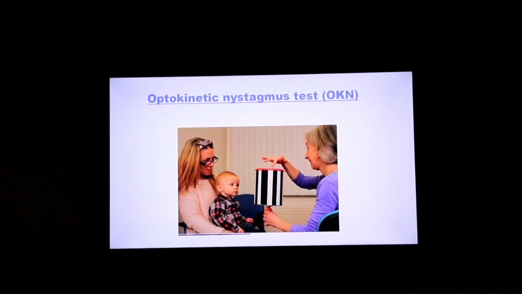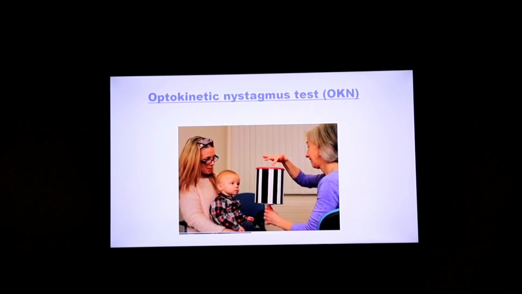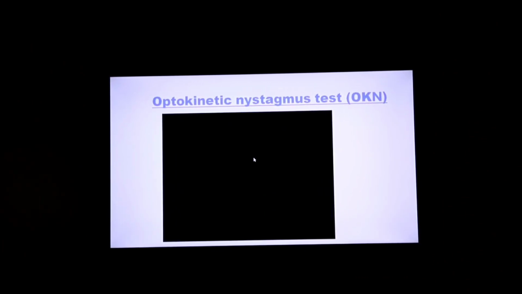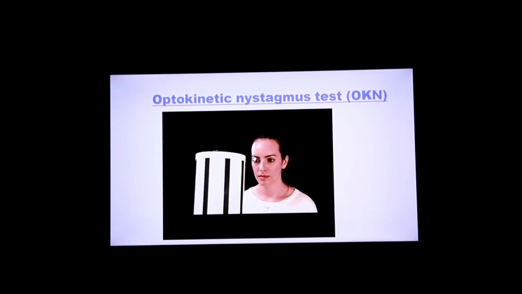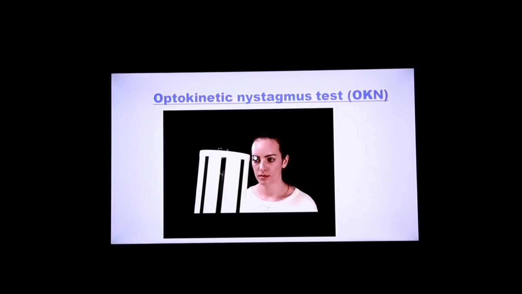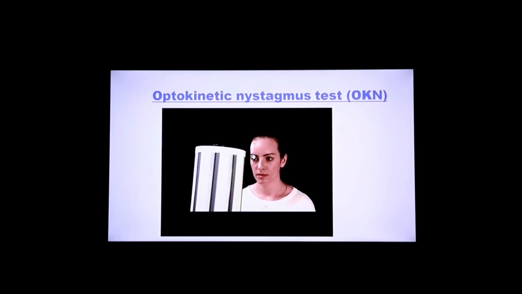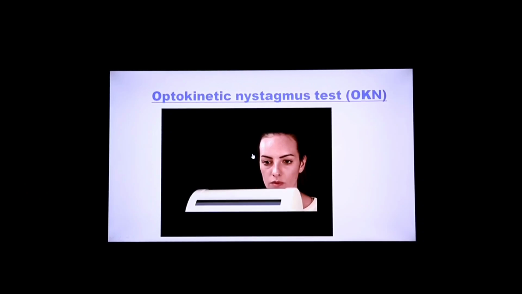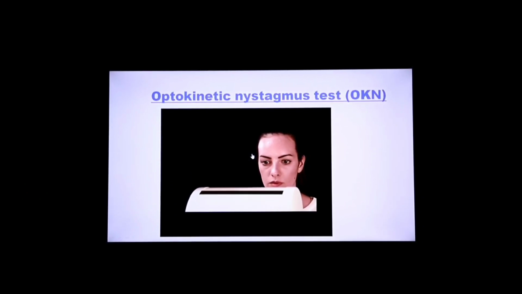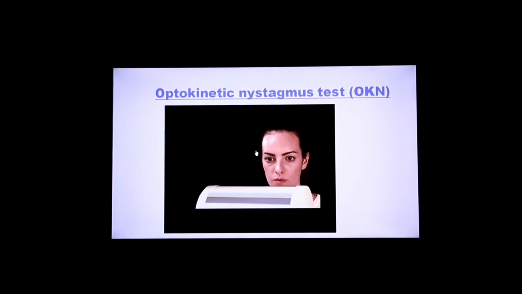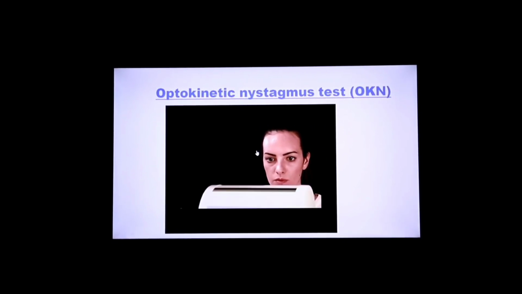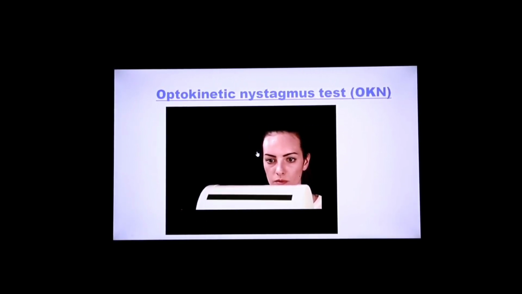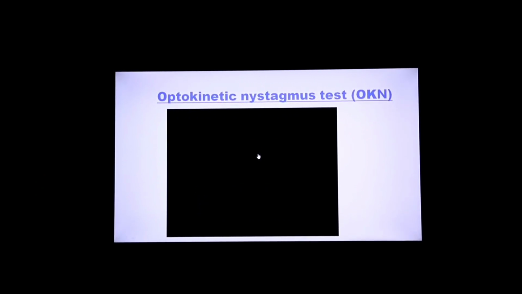Next, the optokinetic nystagmus test, the OKN test. In this, there is a rotating drum with black and white stripes. As you can see there, the nystagmus is excited by rotating the drum. The eyes move horizontally to and fro, and then vertically, up and down. Equal movements of both the eyes are observed. The major disadvantage is that in children we need the cooperation of the child to have this test. The infant should be cooperative and should hold both eyes open.